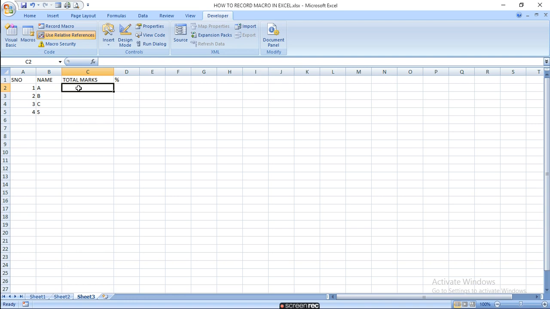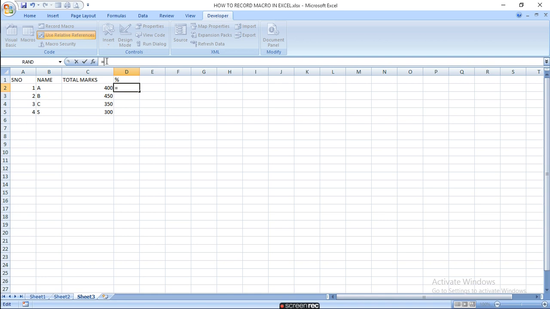50, 400, 450, 350, 300. Suppose this is your marks out of 500, then you have to find out the percentage.